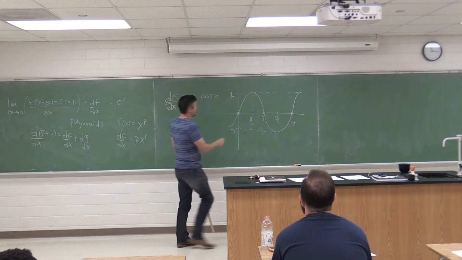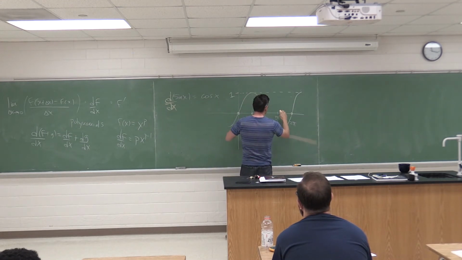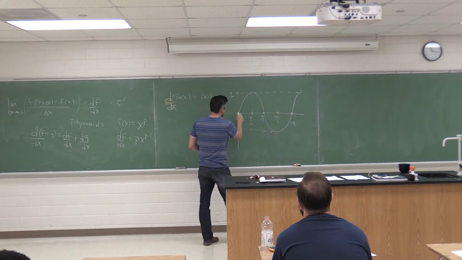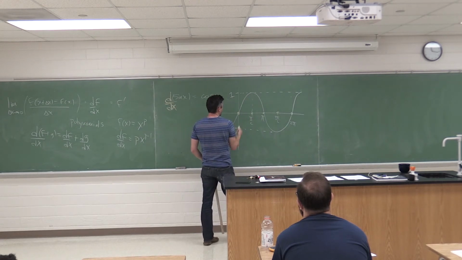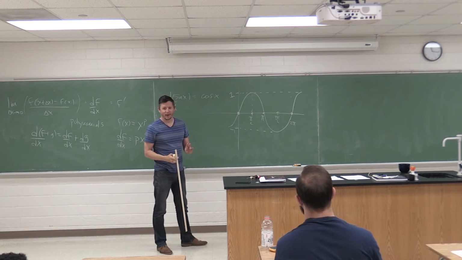Yellow. The derivative hits 0 here, right? It's 0 there. It hits its peak right here. Now, what we've not shown is that its peak derivative is equal to 1. Right? We didn't show that. However,